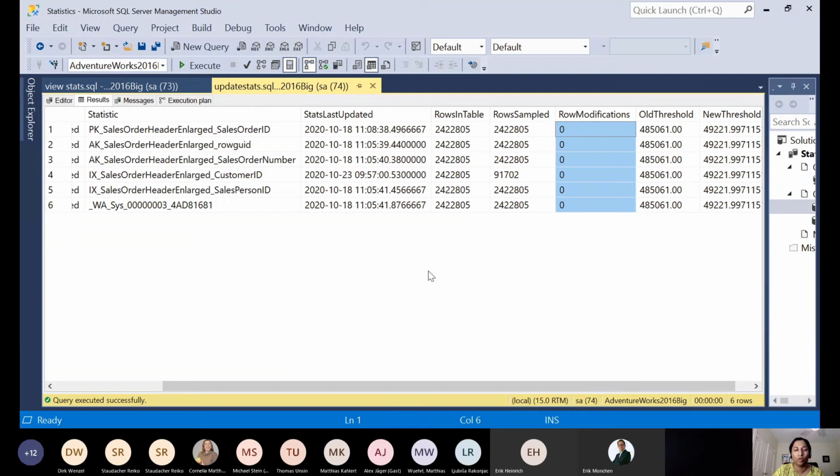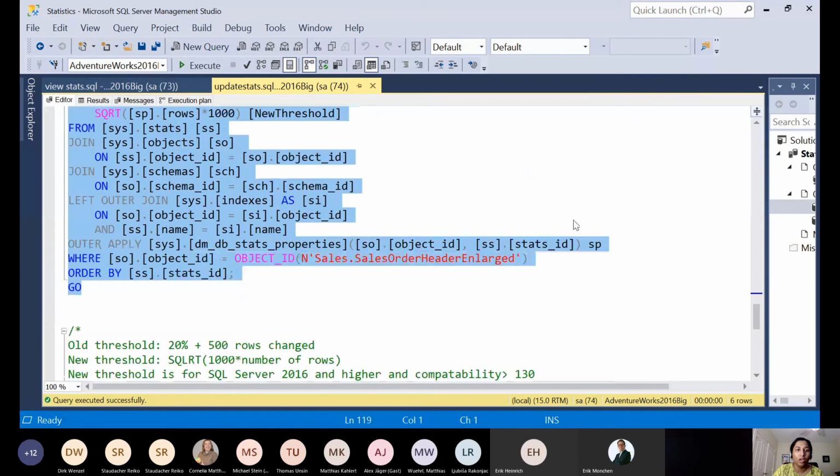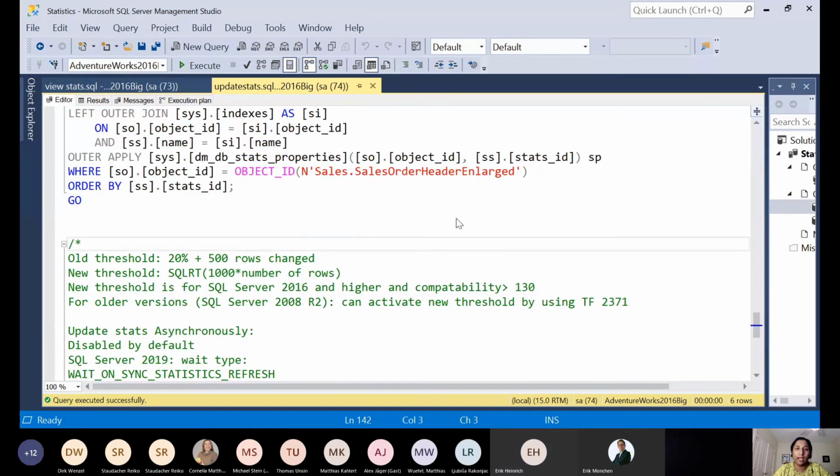I would also like to say the important point is whenever the auto update statistics kick in, when the row modification counter reaches the threshold, it updates the stats. Once the stats get updated, our execution plan gets invalidated. In the next execution, a new execution plan will be generated.